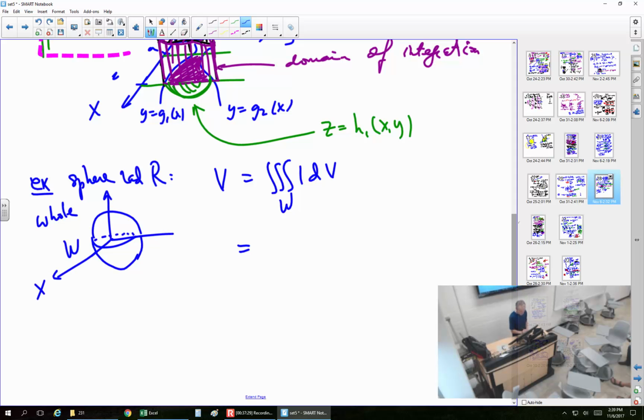This is my x, y, and z. The good news is we start pretty much the same way as last time. So let me erase this. Let's go straight to W. So W is represented by x, y, and z. So we are looking for the limits for x, y, and z. So limits for x are,